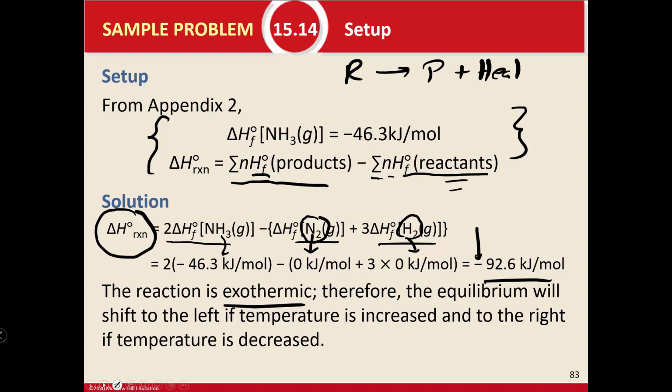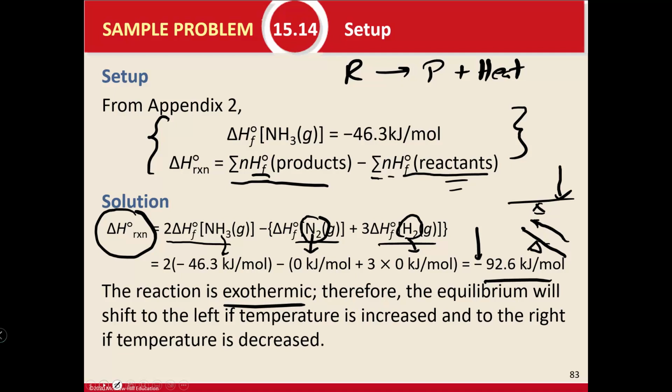So that heat is a product in this reaction. So we're at equilibrium. You're going to add, it says if the temperature increases, that's more heat on this side. And that's going to cause this to go out of balance like so. And the reaction's going to have to shift to the left to get back to balance. So you can do it by the seesaw method, or you can work it out mathematically, but